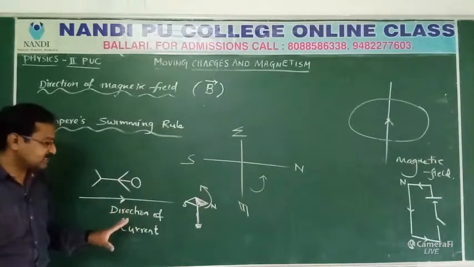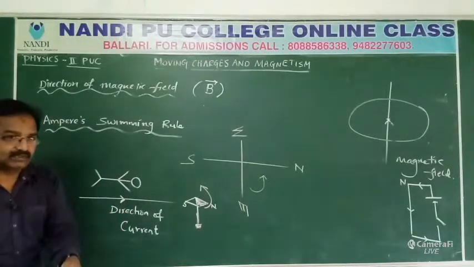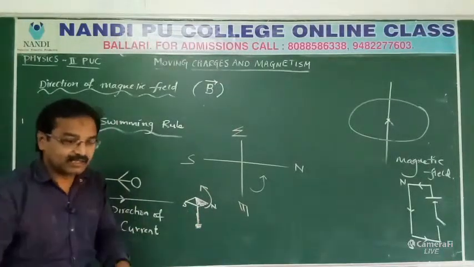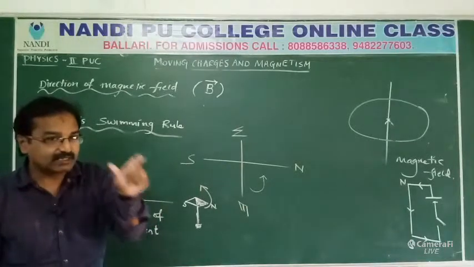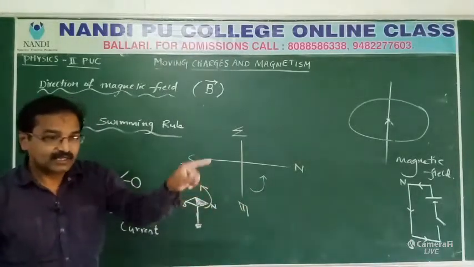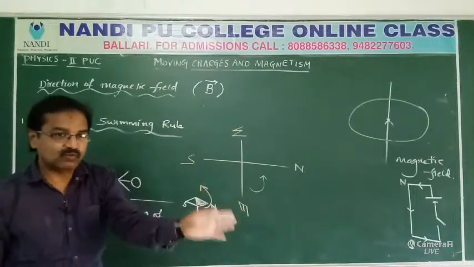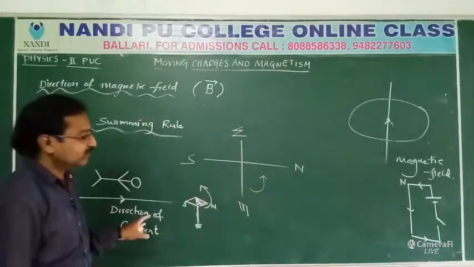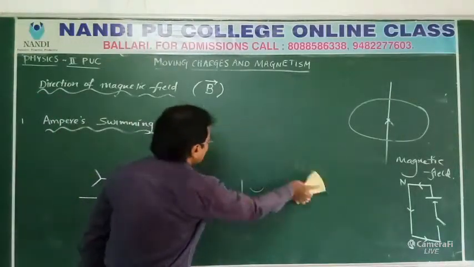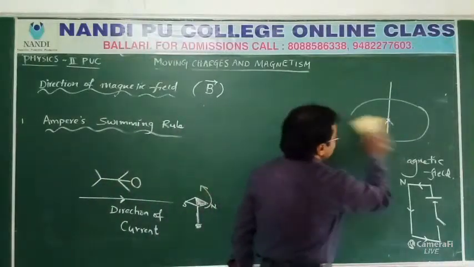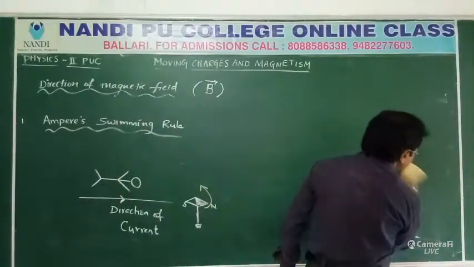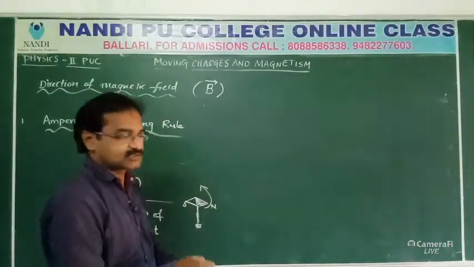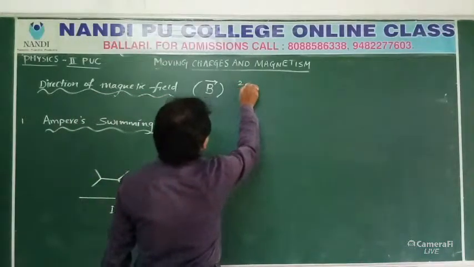Just listen to this. This is Ampere's swimming rule. How? Imagine a person is swimming in the direction of current, facing a magnetic needle. Then the north pole of the magnetic needle deflects towards his left hand side. This is one rule. Okay, but we are not using this rule. We are using one powerful rule which is very important. If you understand this, you can answer so many questions also. So the second rule is